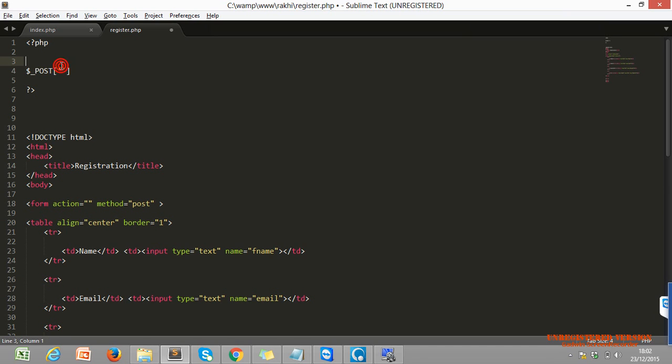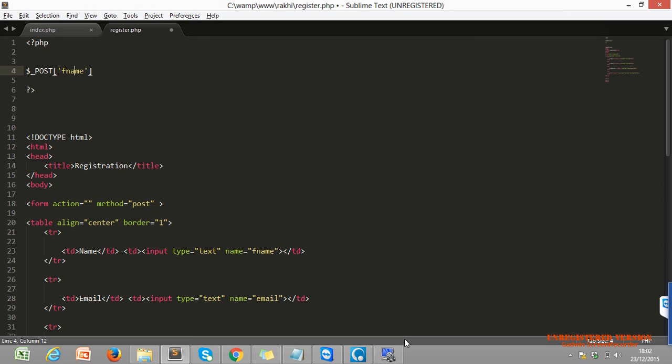Now what do we have to use here, if I need to just catch the first name, the first text box value? What do I have to write here? The name of our first text box, fname. The posted value fname will be converted into one variable in our posted data.